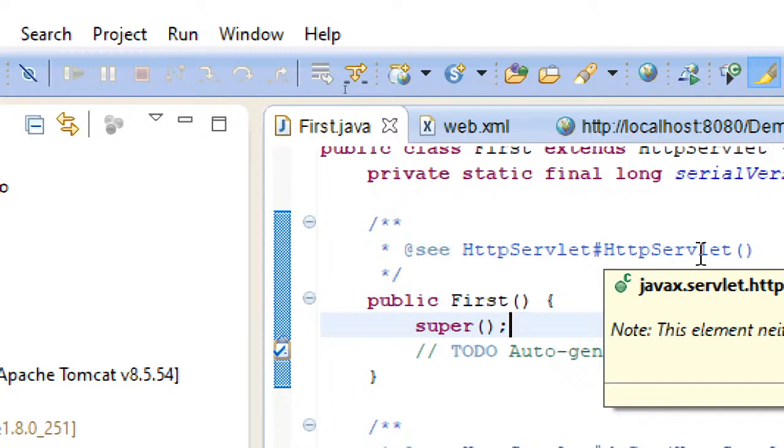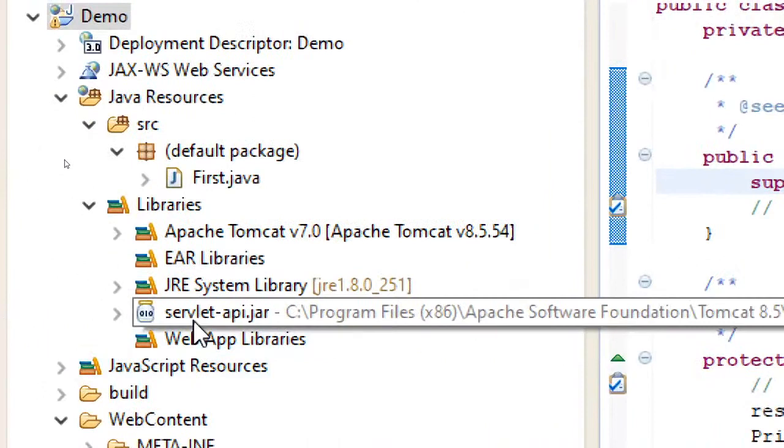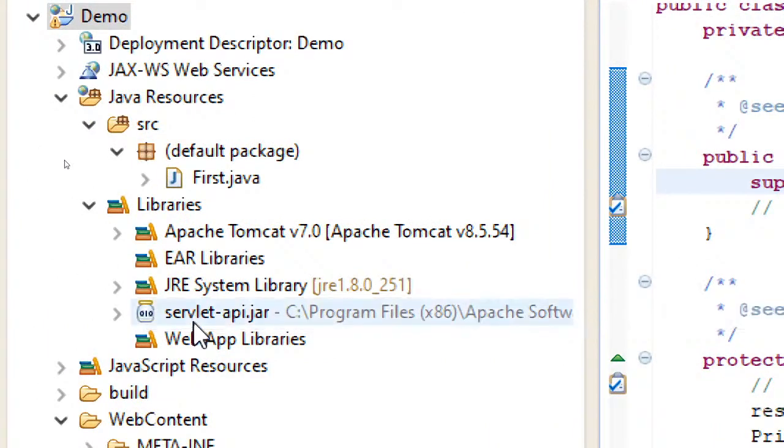And next thing, what we have to look for is... I have shown you this style also, servlet API.jar, and the other way people also will be doing is, but this is the simplest way. You can just add this servlet API.